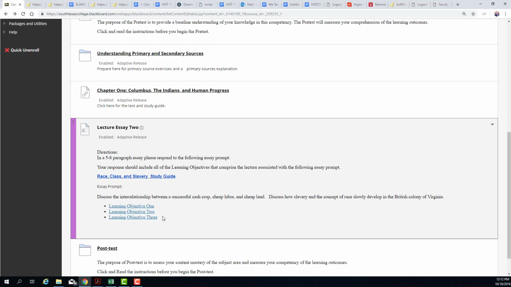So the specific learning objectives will not show up during the post-test. So you want to make sure that you have a good handle on that. What I suggest doing to prepare for this is to take notes as you're going through the learning objectives in your notebook, and then to practice writing the essay a couple of times.